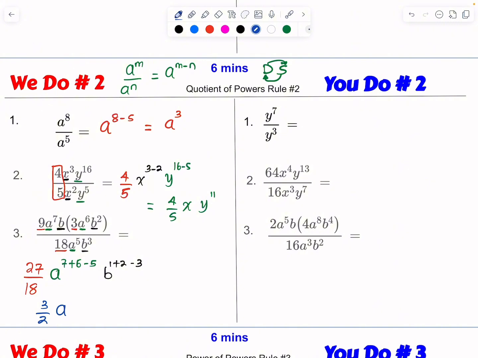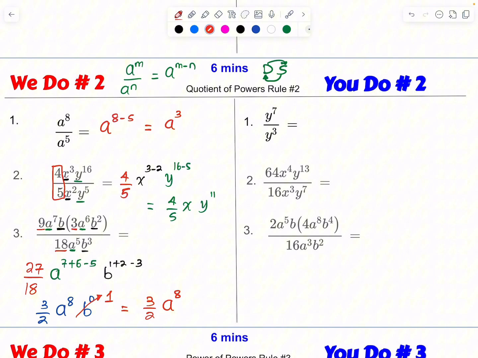So this one is going to give me 8. And then I know that this one is going to be b to the power of 0. And then we just saw a property that any number to the power of 0 apart from 0 will give me 1. So this one is going to give me 1. So my answer to this one will be 3 over 2, a to the 8,